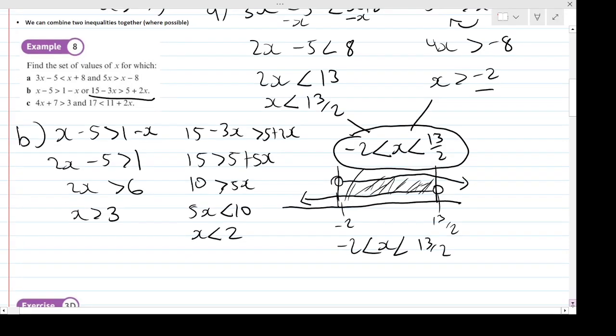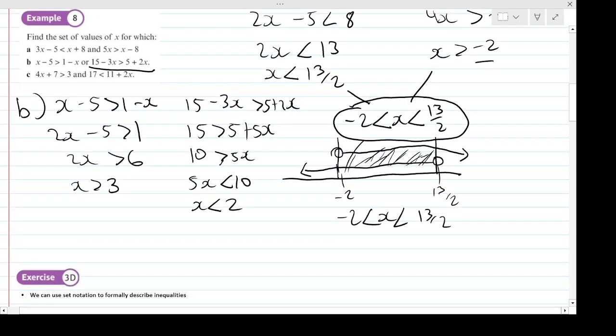Okay. So let's have a think what they're saying. x has to be above 3, but then x has to be less than 2. So think about the number line. What would that look like? If we have 3 here and 2 there, x is above 3 and x has to be less than 2. There's no overlap, so there's no solution. However,